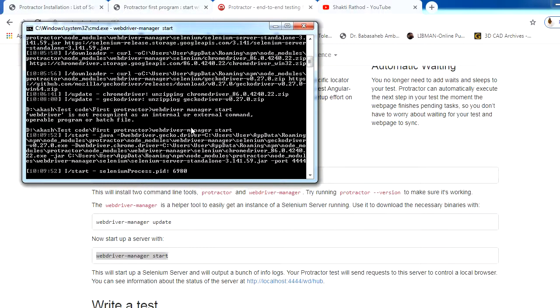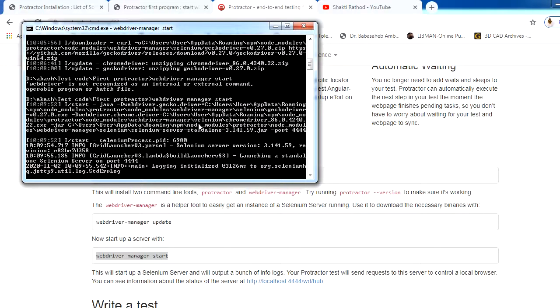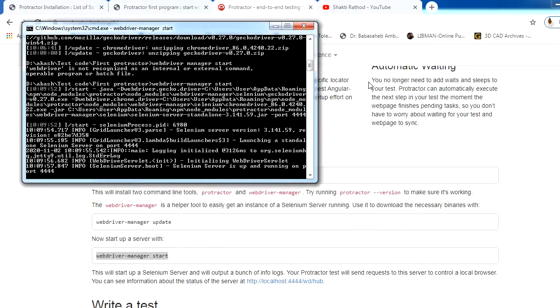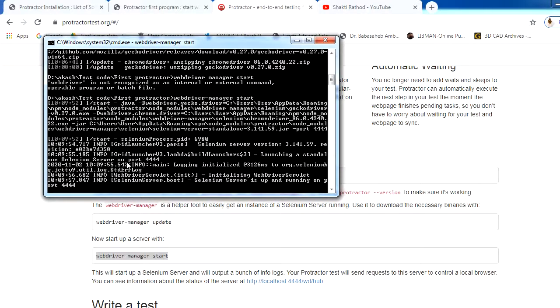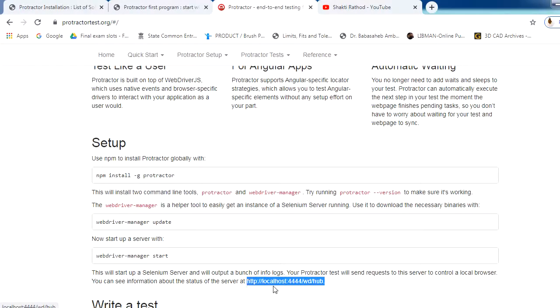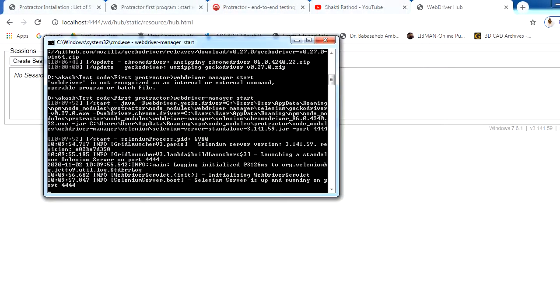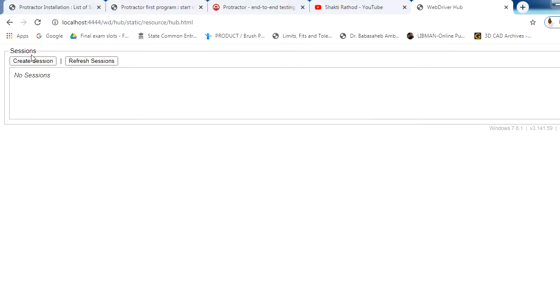One thing you have to keep in mind is that once you have started your WebDriver manager, and keep allowing for the Java setting, you have to keep this window open. If you close it, your WebDriver will get closed. While your program is running, you have to keep that command prompt open, and it will show you that the session is started.